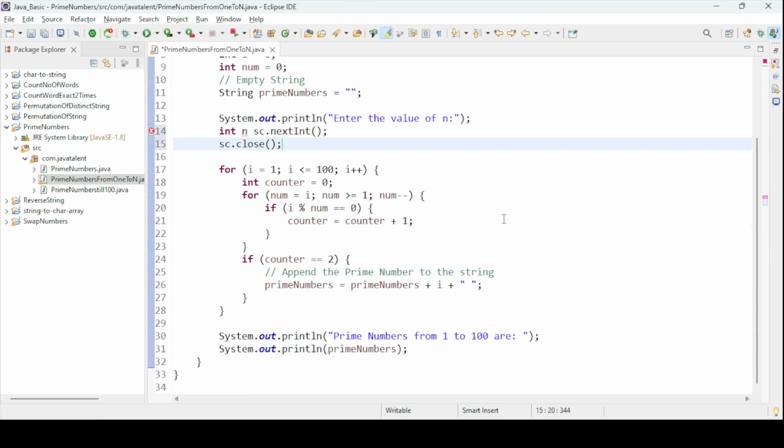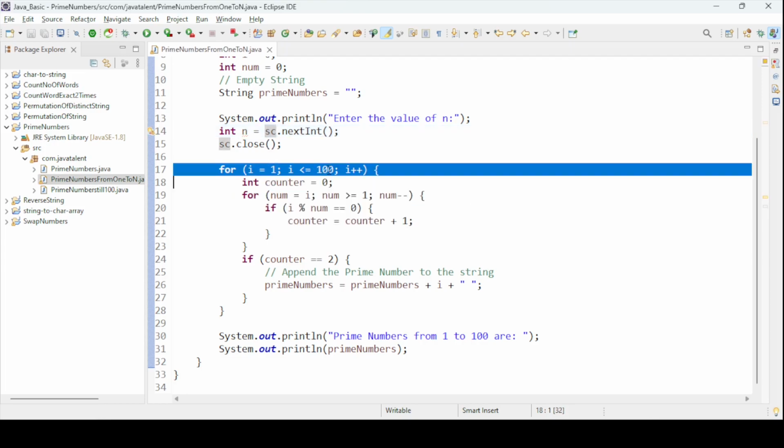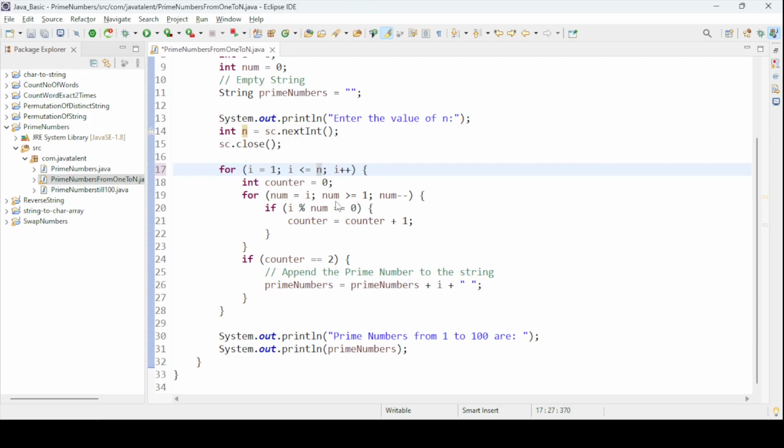And then I am going to take this loop, and in this case our loop will become from i is equal to 1 to n. This time I'm just going to print the values from 1 to n. So this will be your value. Okay, and i plus plus, and the other code will be the same. Okay, there are no changes. And here in the print statement, I will change the message